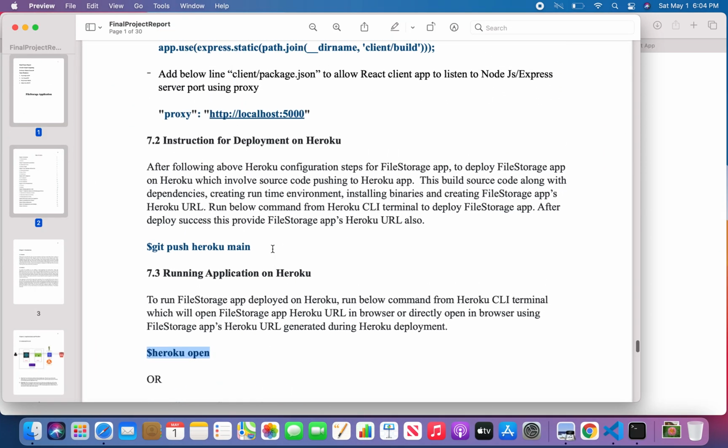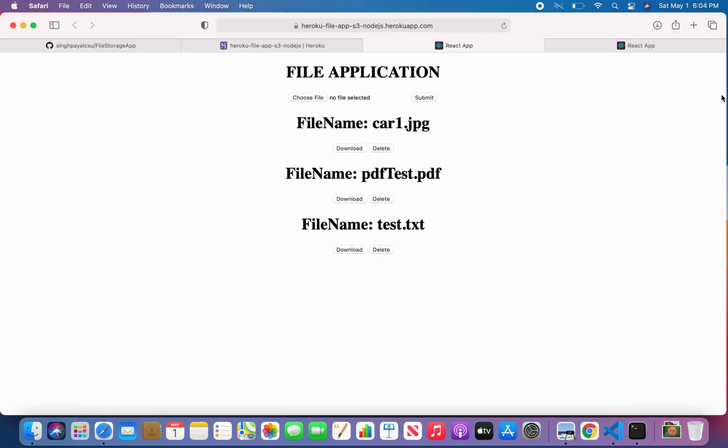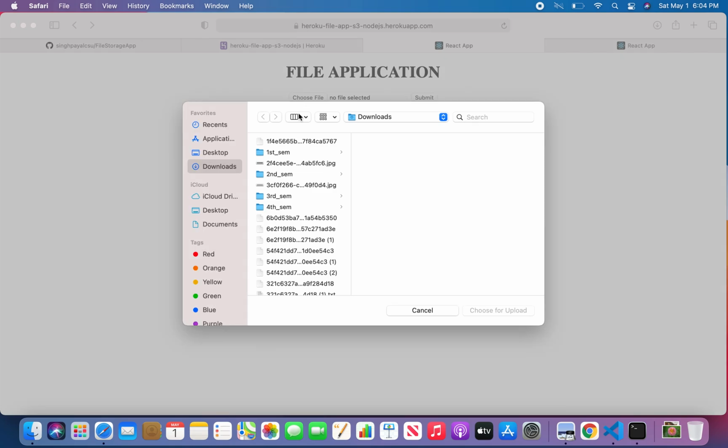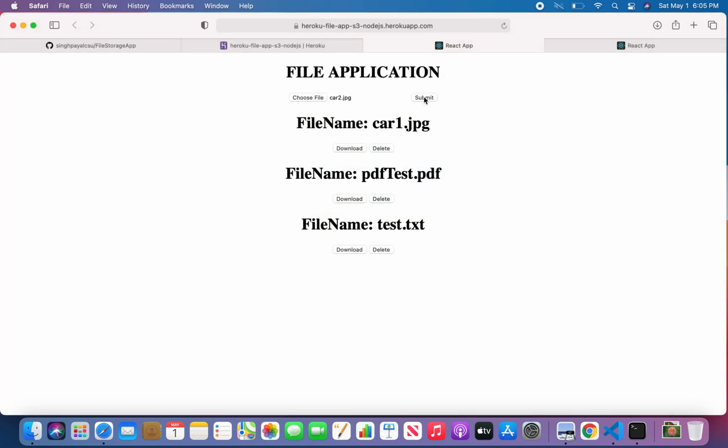You can either use heroku open, or you will get the URL. So just open the URL and you will be able to see your application. So yeah, my application has been opened. Let's try to upload a file. So let me upload this file, car2.jpg.